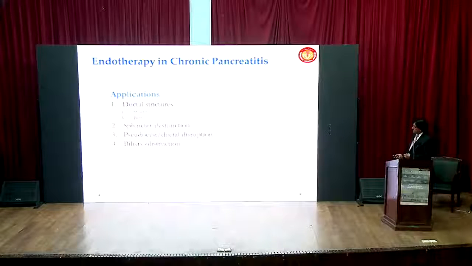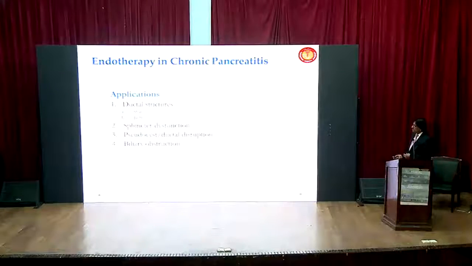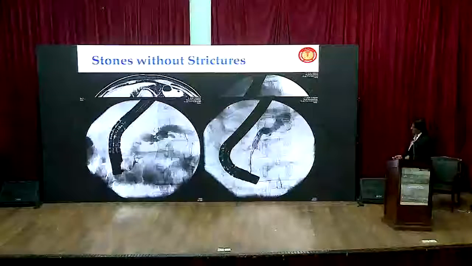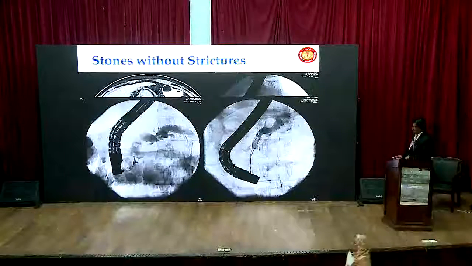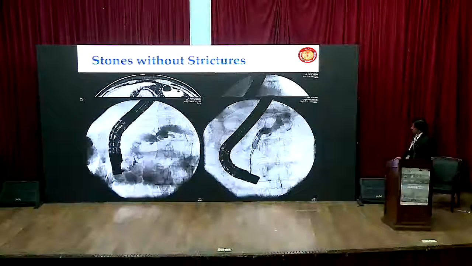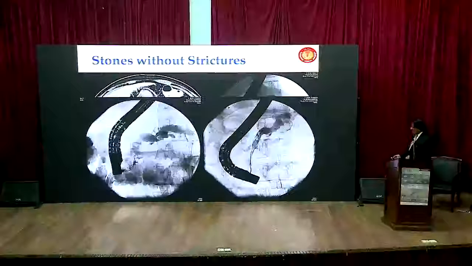So ductal strictures with stones, and sphincter dysfunction, both the sphincter of the pancreatic duct opening as well as the biliary sphincter. Pseudocyst and ductal disruption, and biliary obstruction. Next. Here you see the huge pancreatic duct because of the obstruction, and we have a stone here. And here you see this basket was put on the stone, and this is possible in our center also. Next,